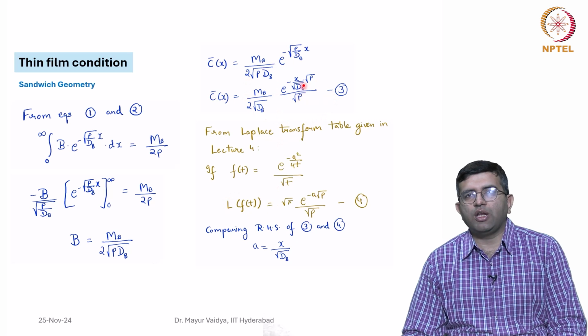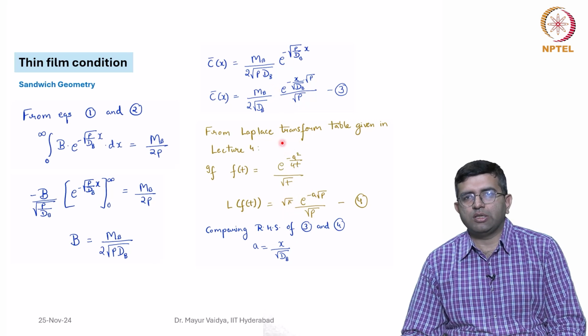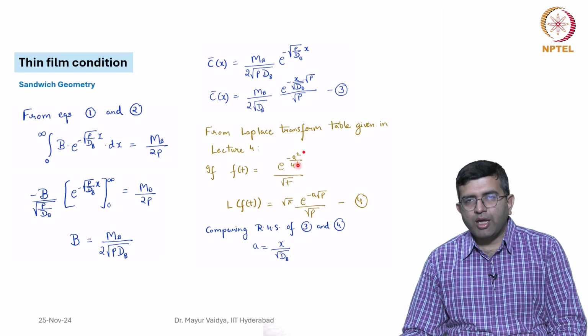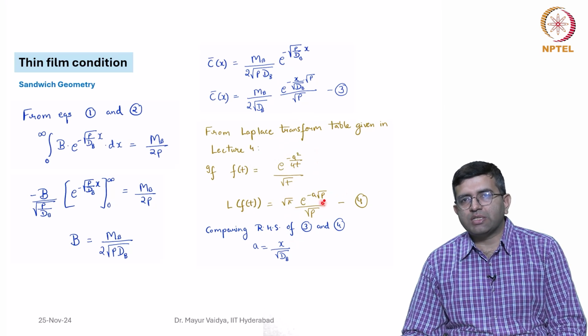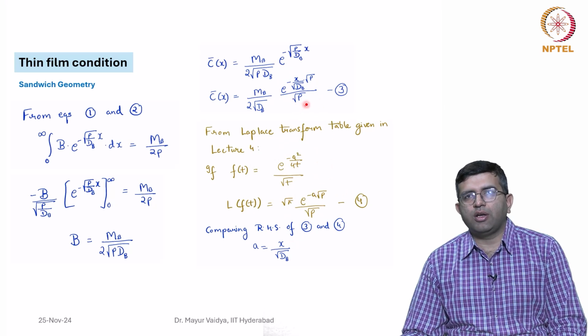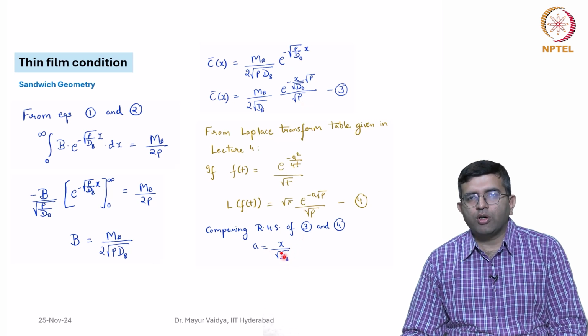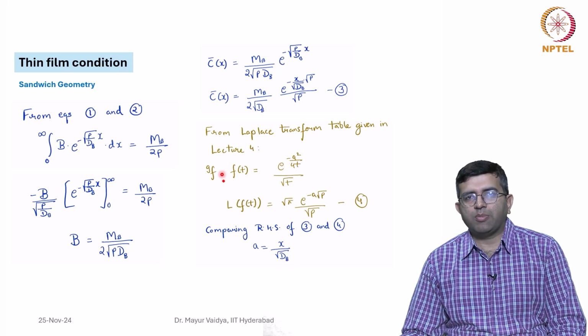So you see carefully now that I have the expression e power minus x square by 4 D_B t here, and a quantity a here, multiplied by root pi. Root pi is not here, but root pi is a constant which I can always divide. So therefore, if you compare the RHS of this and RHS of this here, you will see that a is equal to M_B by root D_B, and therefore my solution, that means the original function, can be written